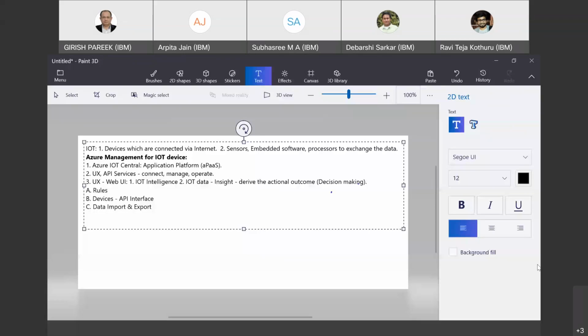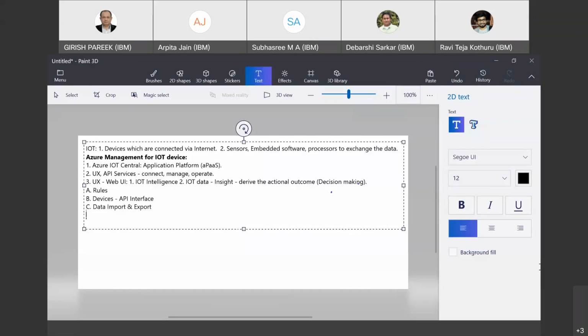Or they can send that data to their client. For example, if IBM is working for Samsung and managing it, then IBM can send that data to Samsung, or vice versa, to do the future decision making, right? So here the main use case of IoT Central is,